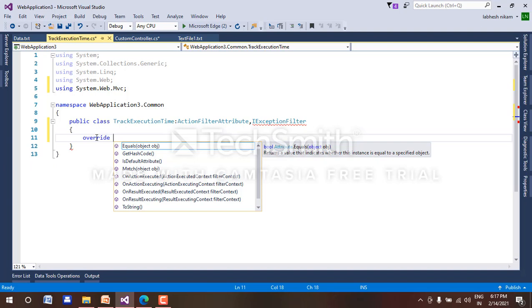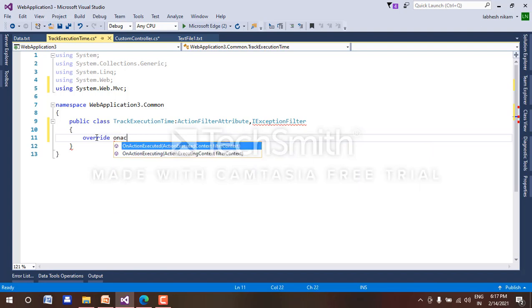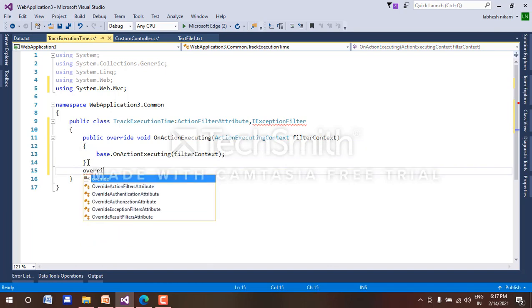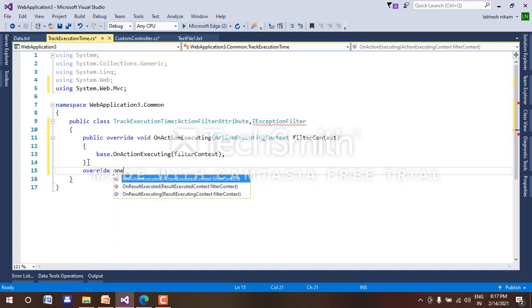So override on action executing. This method will be created. The second one is override on executed.